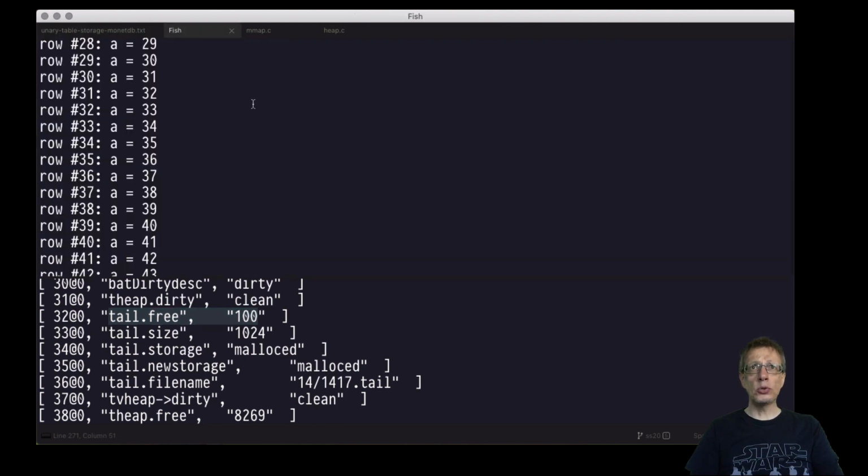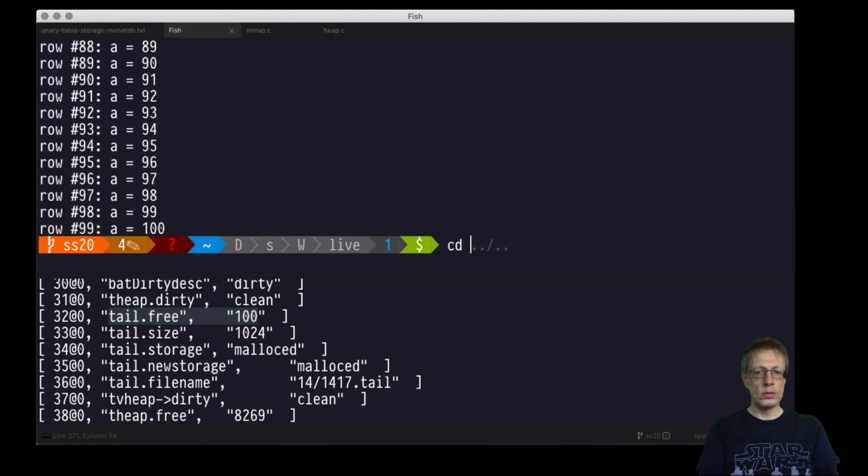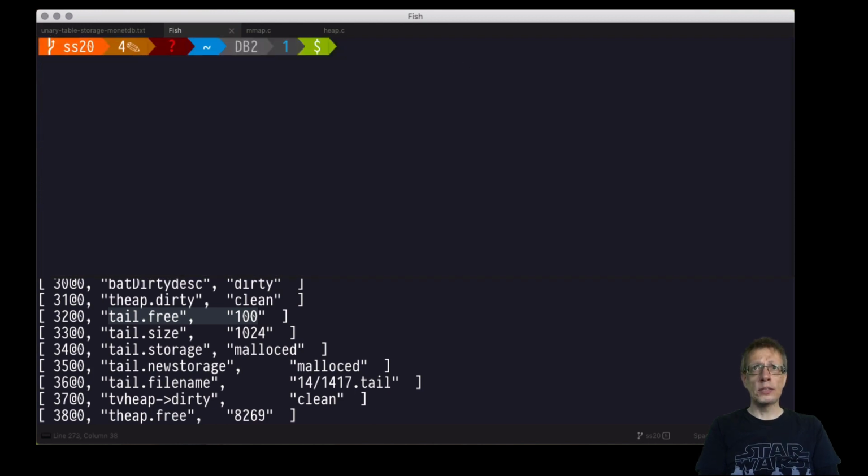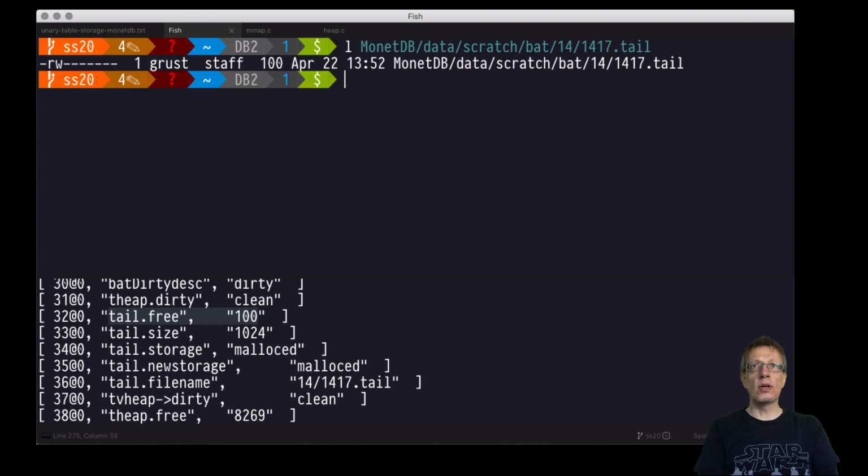And if we switch back to the terminal here, let's see if this is actually what we are seeing in the file system too. So we will look at the file 14.7 tail. These are 100 bytes of integer offsets in the tail file,